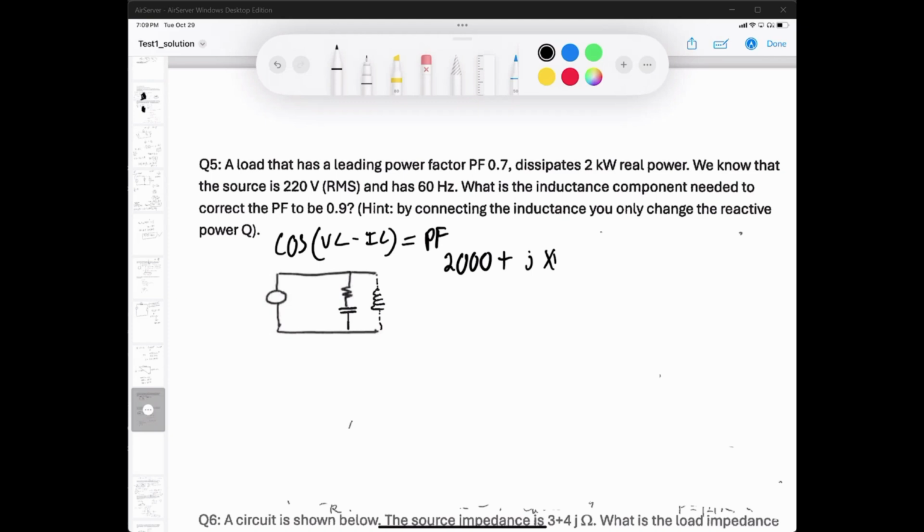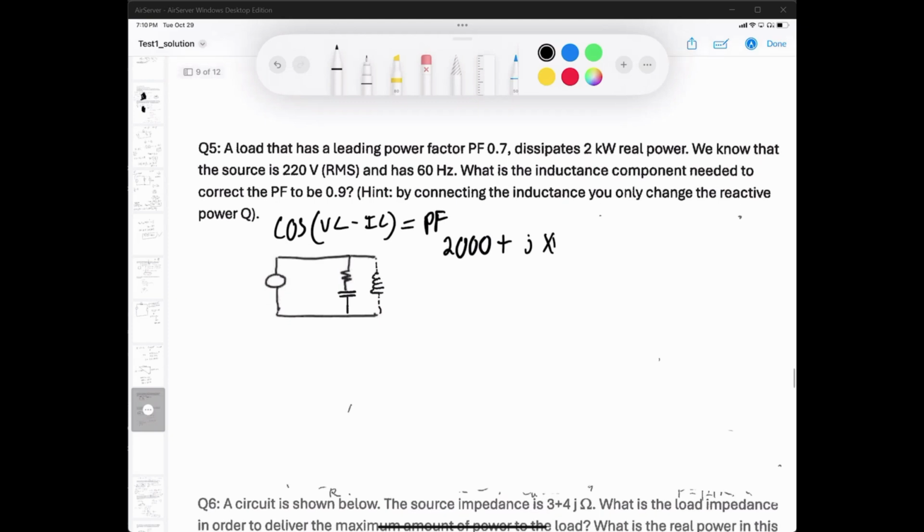Now, if we want to get that angle back, we need to grab the inverse of cosine on both sides. It'll get rid of the cosine, and we'll get that angle back, which is equal to this angle. This angle is also equal to the angle of the impedance,